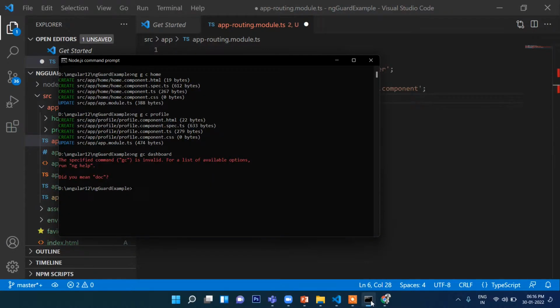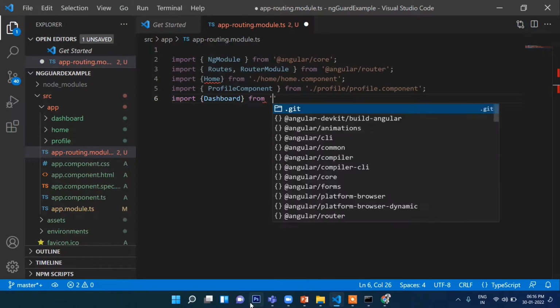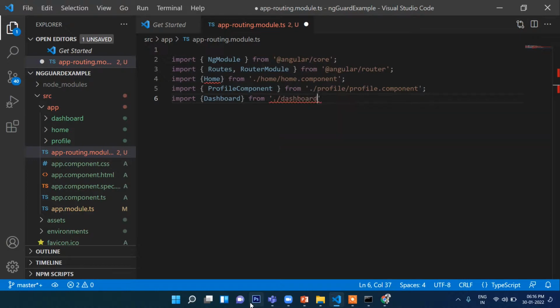Oh, what happened? ng g c, there will be a space actually. Dashboard, this one. Dashboard. Okay, now